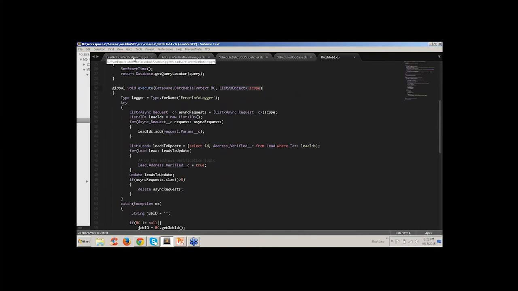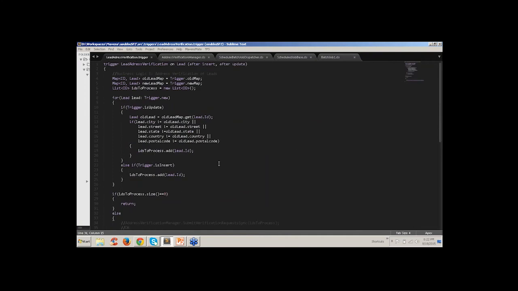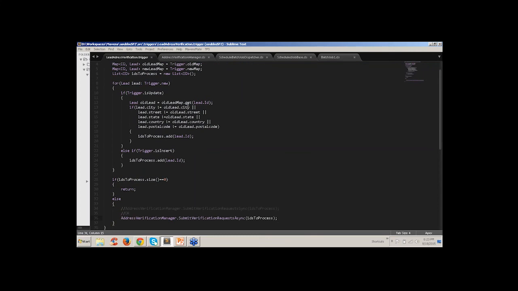Now, let me explain the use case that I have written out here. So think of an Apex trigger called lead address verification. Whenever there is an update on the address field on a particular lead, I need to verify whether this address is correct or not. So that is what my trigger is going to do. Assume that the verification process takes a lot of time, maybe it involves a lot of SOQL statements. So we are thinking about a scalable framework at this point.